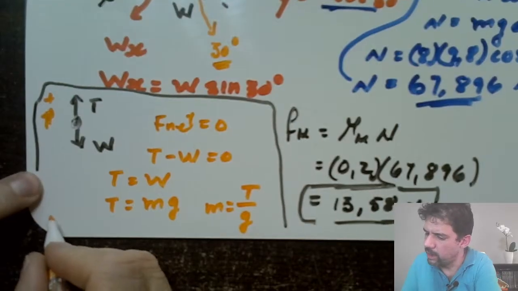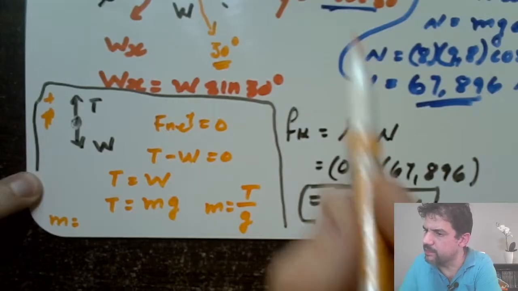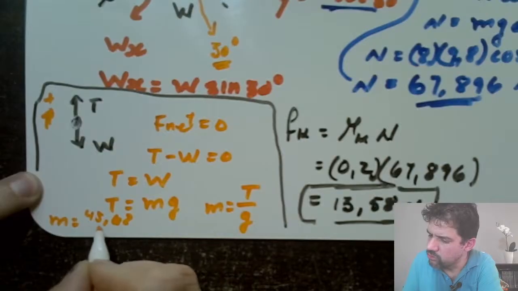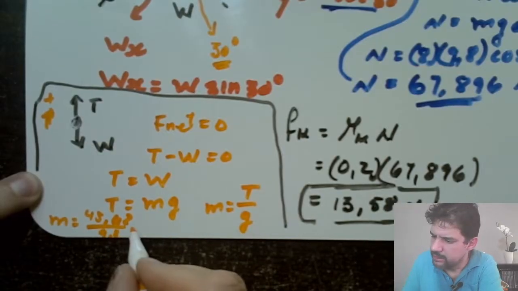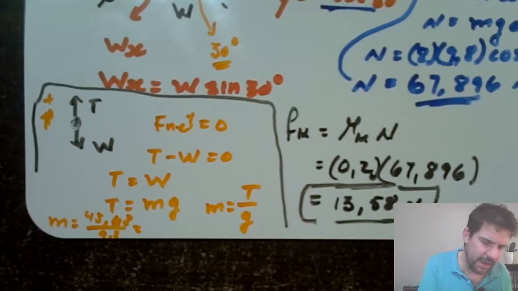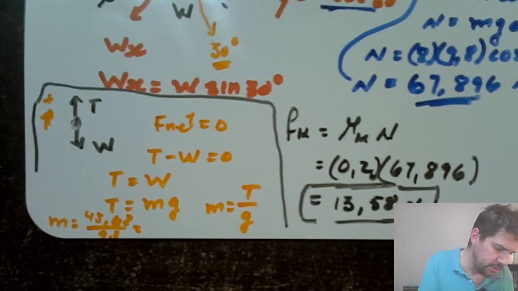M is equal to T, which is calculated, and we got 45,62 divided by g, which is 9,8. This is equal to, I have to compress here, I don't want to erase the whole board. And then we have that 45,62 divided by 9,8 gives me the mass, which is